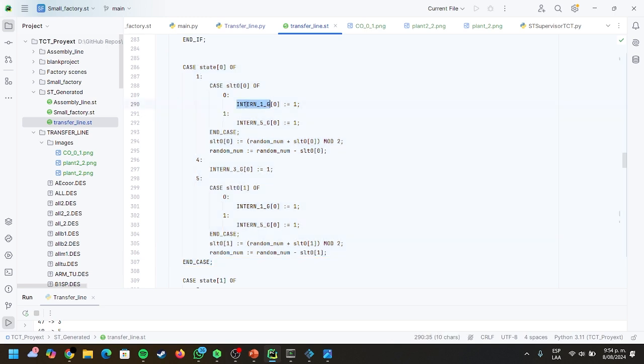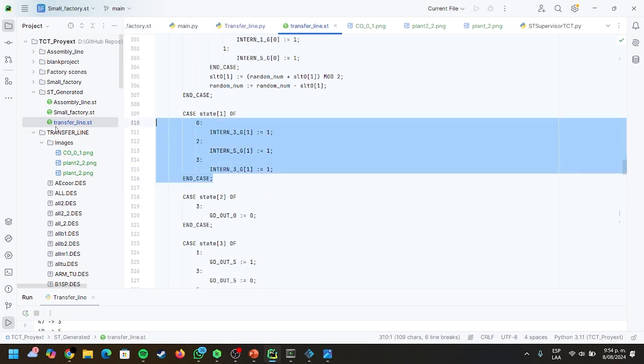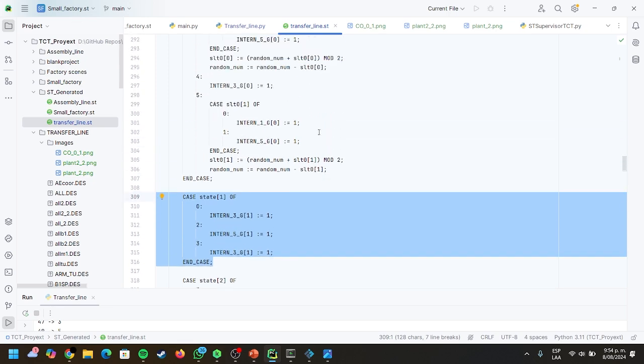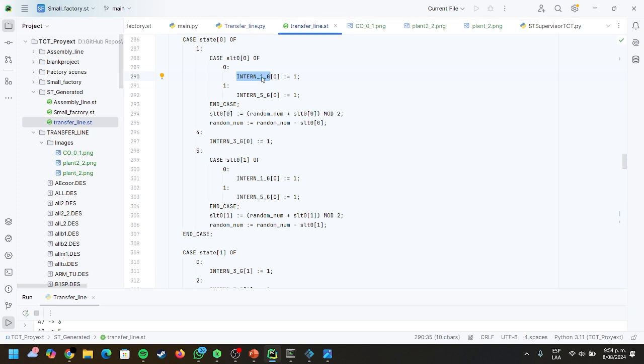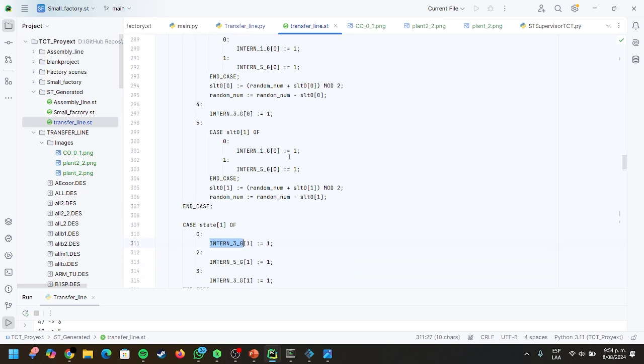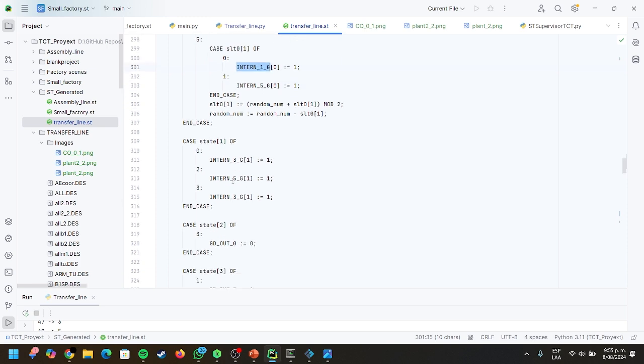In this case, we see that case number 0 and state number 1 are the distributed supervisors, and as they have a conflict, the events related with inter 1, inter 5 and inter 3 have to be supervised by the coordinator. So you see here the prefix